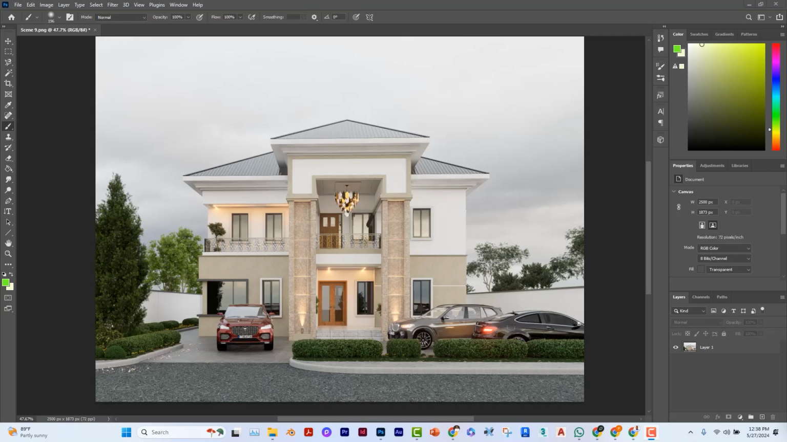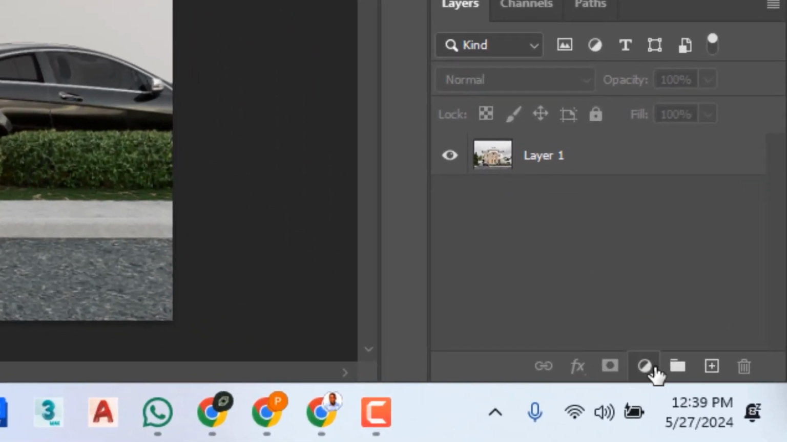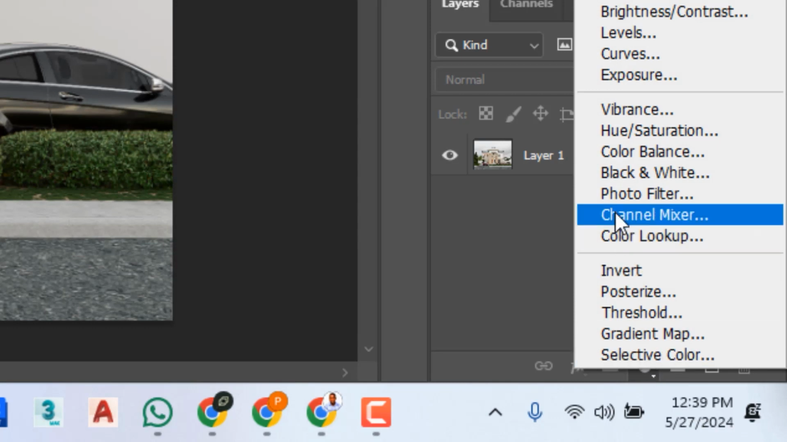Welcome back. Let's say you just finished the render and just want to touch it up so that it pops before sending out to the client. This is a trick to help you. In Photoshop, after you've opened your image, slide down here and click on this icon and go to curves and